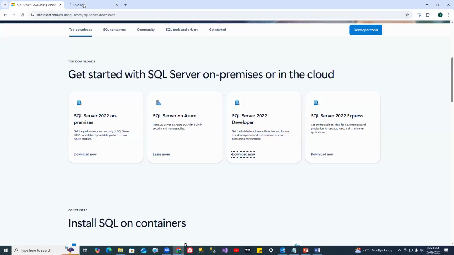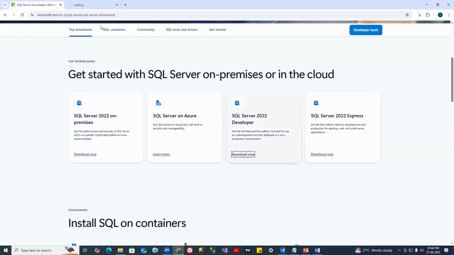It is a little bit slow. SQL Server Express is different and the developer version is different. Developer version contains all the features, whereas SQL Express contains only limited features. Everything is limited. Let me click again. Why is it not opening? Download. Okay, once you click on download now,